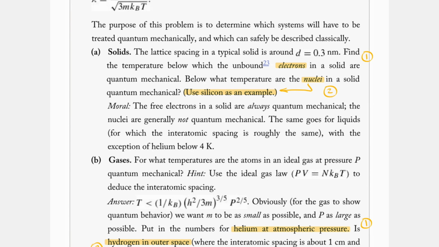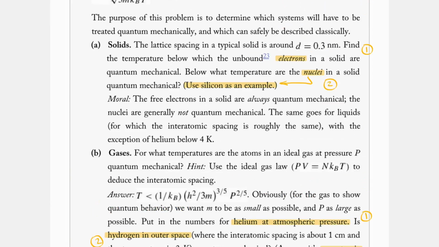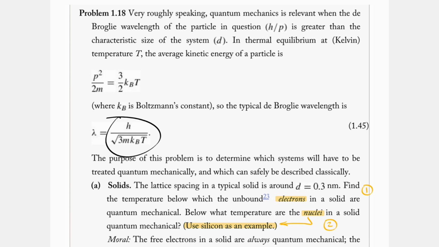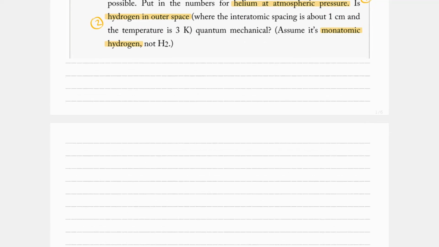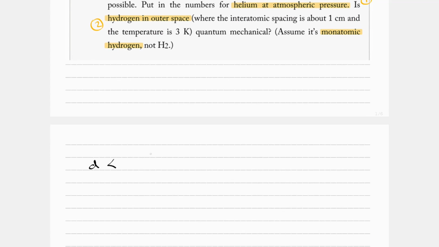So for part A, let's look at some stuff dealing with solids. And actually, before we do that, let's say that when d is less than h over the square root of 3m kBT, that is our way of knowing how we're going to treat the system quantum mechanically. So you just rearrange, square both sides, you get d squared is less than h squared over 3m kBT,